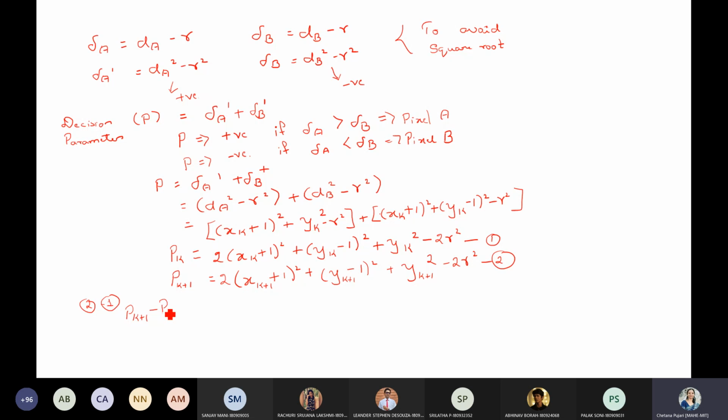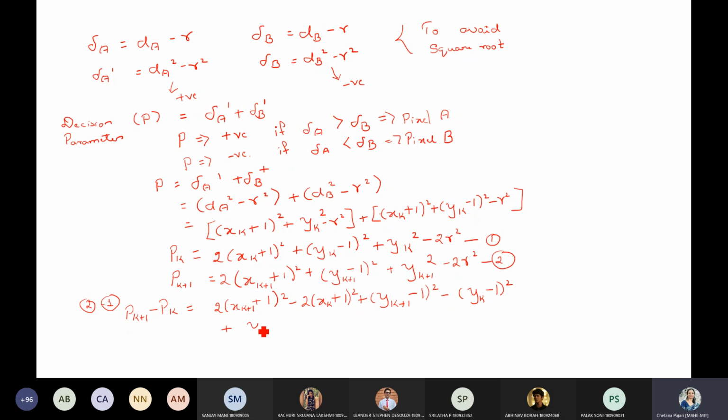Pk plus 1 minus pk is equal to 2 into (xk plus 1 plus 1) whole square minus 2 into (xk plus 1) whole square plus (yk plus 1 minus 1) whole square minus (yk minus 1) whole square